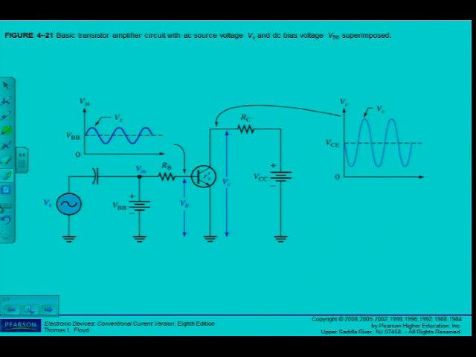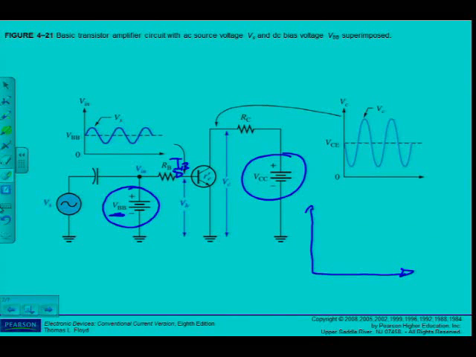Anyway, the biasing at this stage, when we will learn different types of biasing in the next chapter, is I have a voltage VBB and I have a voltage VCC. My biasing will be done with VBB in this case, so I will use a certain VBB to give me a certain current IB on my transistor there. We will discuss this in more detail later, but in the meantime, just to make you think about this,